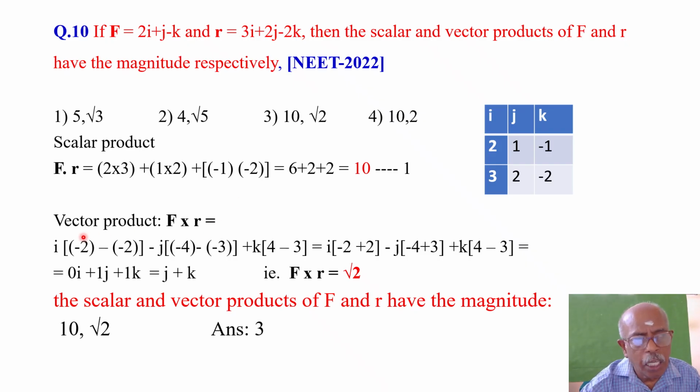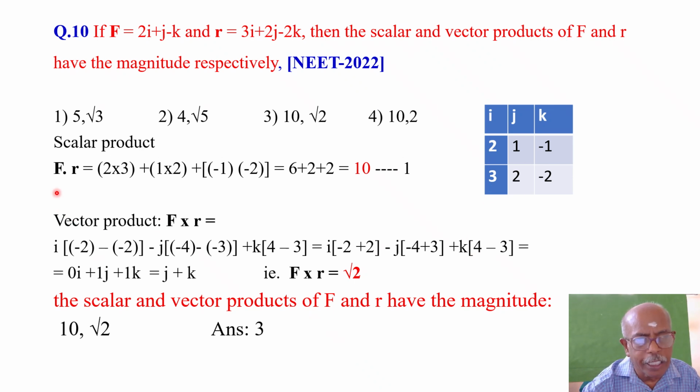Okay? So how will you find the scalar product? F dot r is equal to F r cos theta. That means you have to find the dot product of the two vectors. When you find the dot product, you are finding only i dot i, j dot j, k dot k values. No need to find i dot j or j dot k, etc. Why? Because they will be only 0. i dot j is equal to 0. Why is it 0? i is along the x direction, j is along the y direction, so the angle between them is theta equal to 90 degrees. Cos 90 is equal to 0. So you have to find only i dot i, j dot j, k dot k.